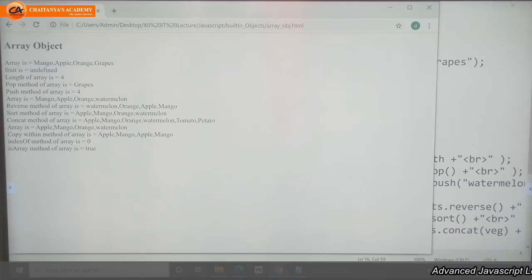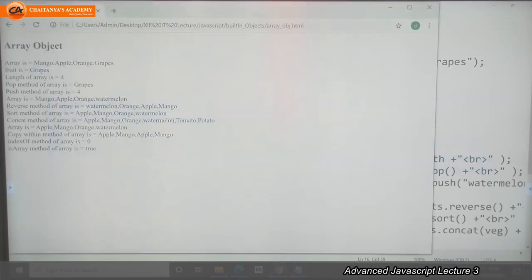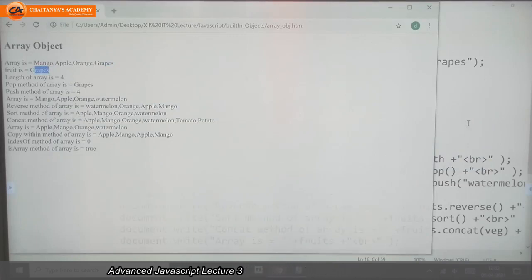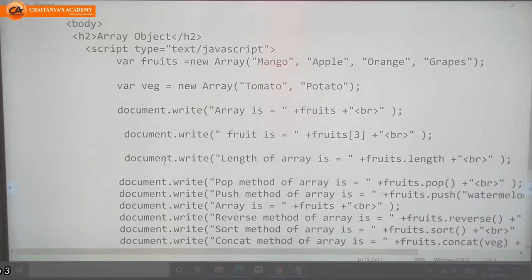So this is 0, this is 1, this is 2, this is 3. For the fourth number there is no value. That's why it returns undefined. If I pass value 3, then I get the fourth element, that is grapes, like this.